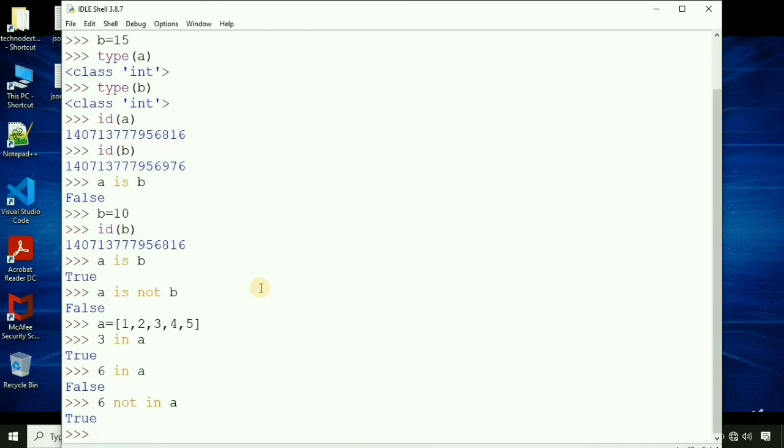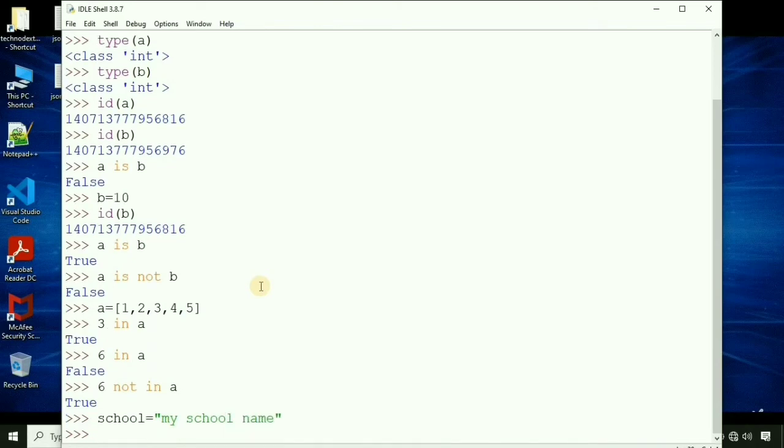Let's take another example. It will be a string, that is school. It will be my school name. This is a string object. The string is nothing but a sequence of characters. So let's check whether one string, name, is present in the string or not.